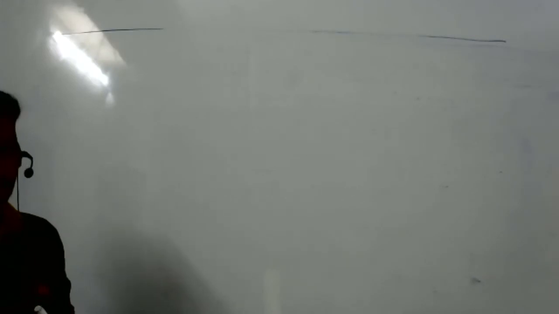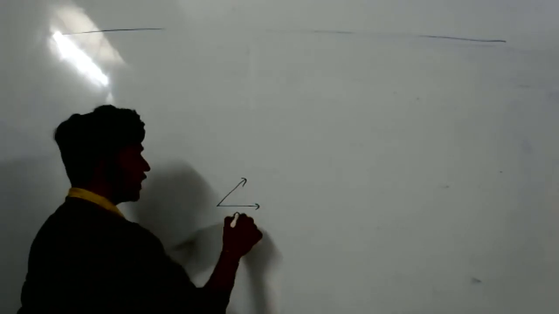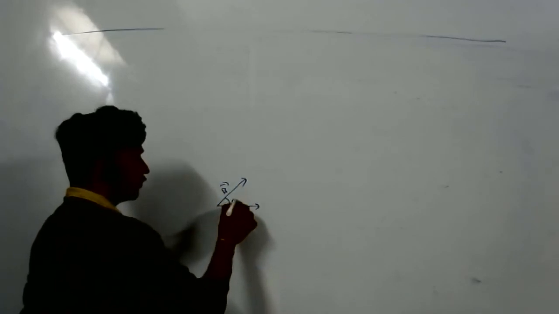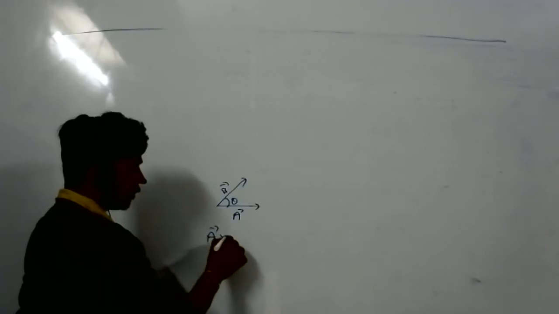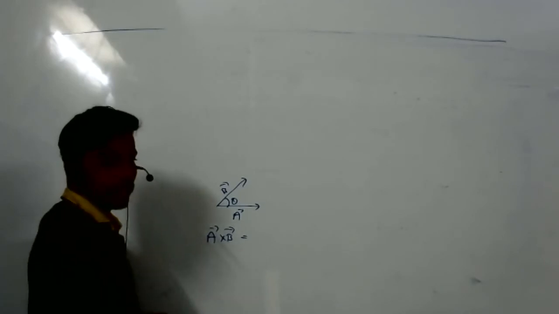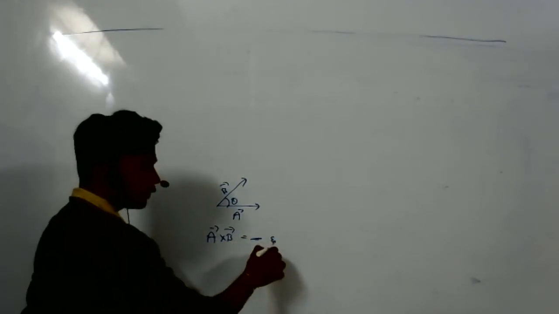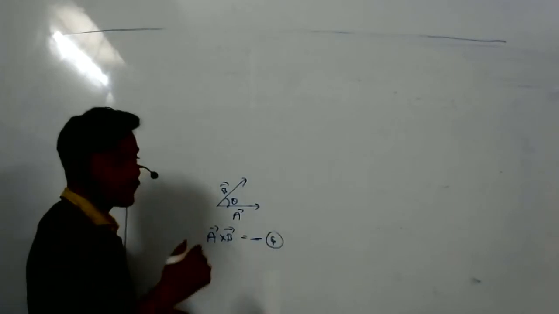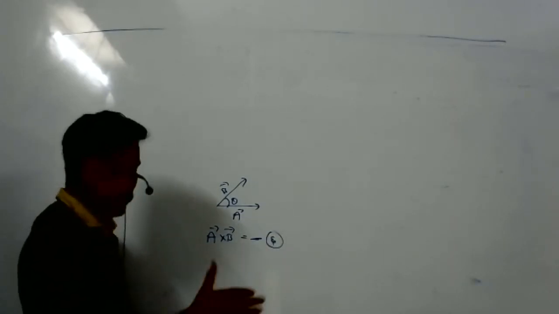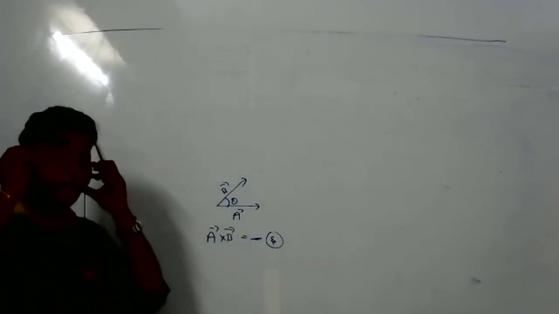Hello. Yes, sir. I had some network issues. Okay, Bhargav, see, when we are doing cross product, if it is A bar, it is B bar, when you do cross product like A bar cross B bar, does it give scalar or vector? Scalar? Sorry, vector, right? Vector means it has magnitude and direction also, right? So which direction? How can you say that direction? If you want to give the direction of A cross B, we will use it here to find the resultant of the two.